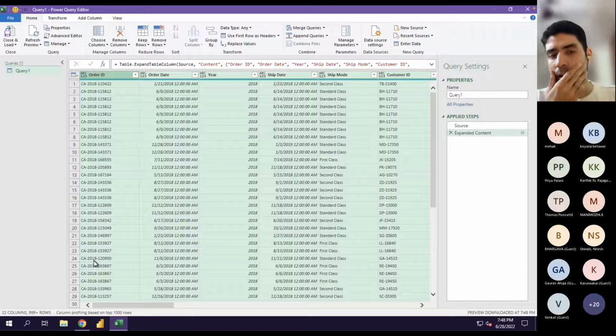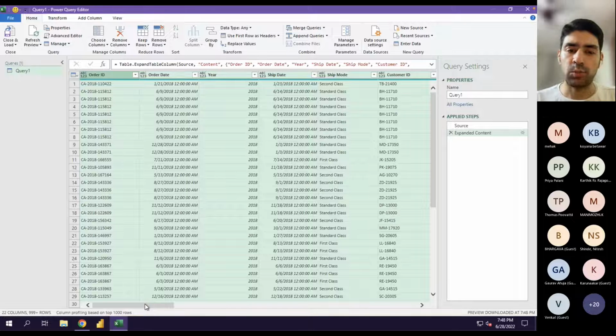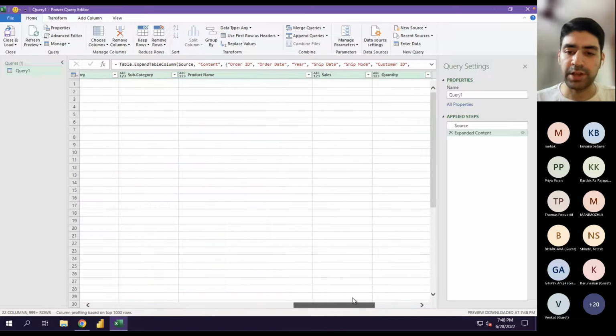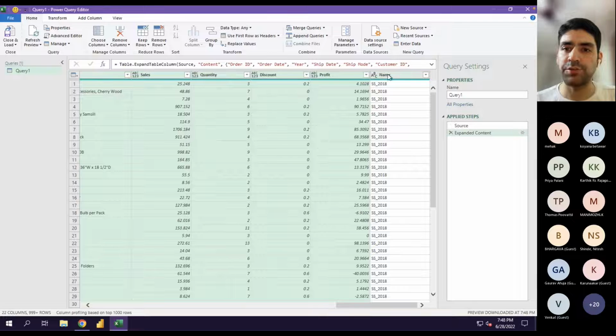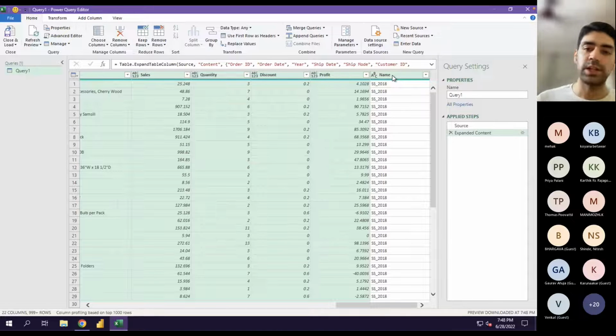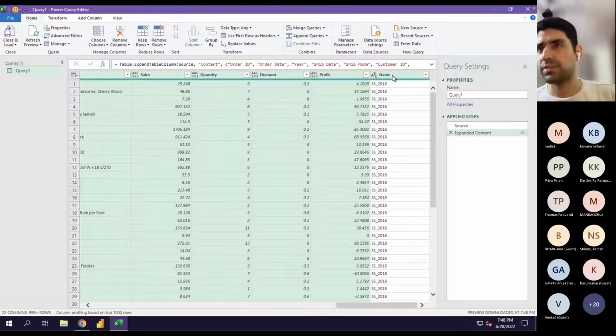Just hit OK here. And as soon as you do that, in a second or 2, depending on the RAM on your machine, you will get what looks like an Excel workbook here. And if I scroll to the right, you will notice the final column is called name. Name is nothing but the name of the sheet that basically we have